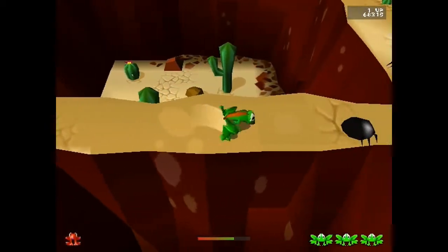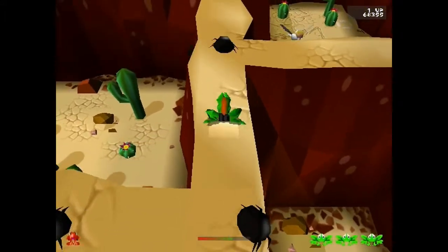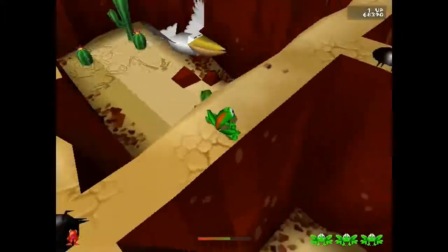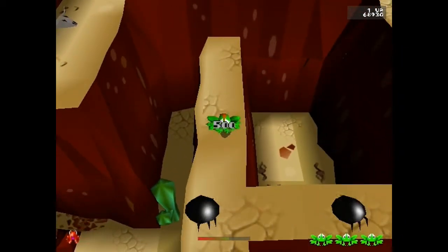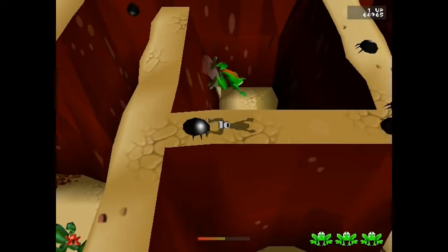Now you see these lower areas. These will come into play a little later on. There was one, we just went into it, but these lower areas are where the real fun starts on Boulder Alley. Unfortunately, we can't get to most of them here, but these beetles